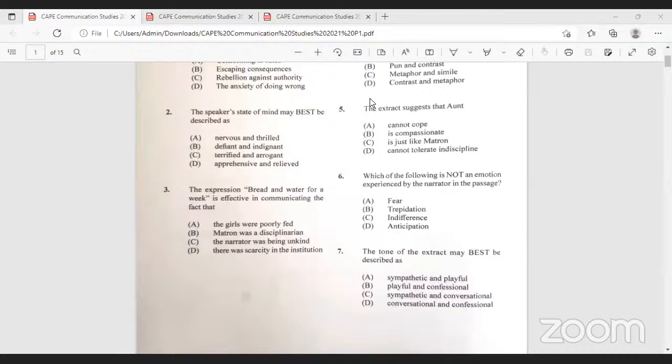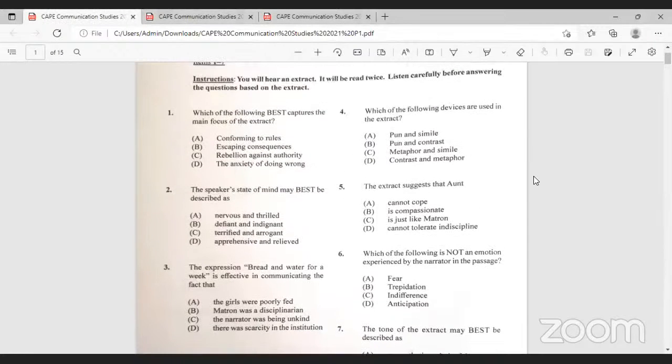It's conversational and confessional. It's definitely confessional, right? And it's conversational. It sounded like she's having a conversation with us. So 7 is D. So going back to the first section, 1